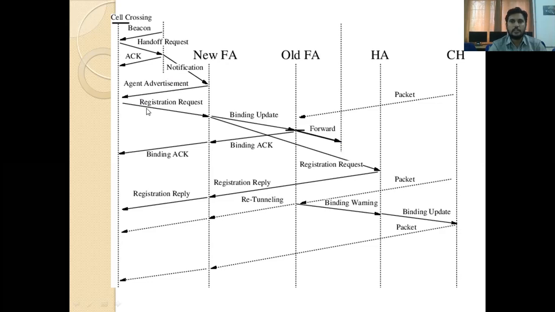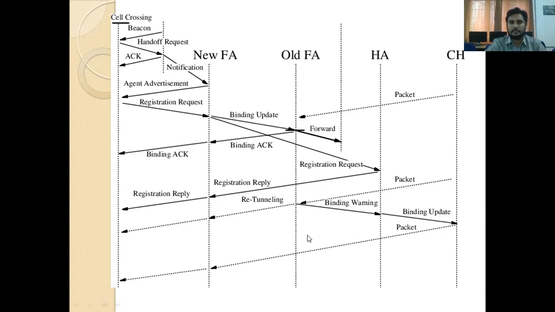So that we discussed in the past video. First, what happened? An agent advertisement is done. So that means agent advertisement is used for agent discovery. After the discovery of the agent, agent registration is done. Registration is done in 2 ways, that is from home agent to foreign agent. So it sends request, update, reply,